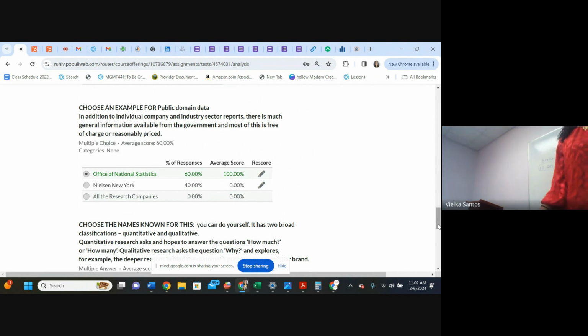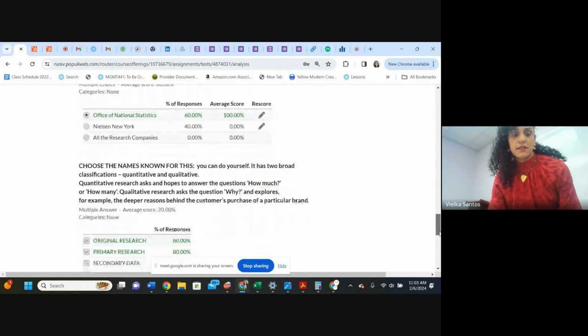That's why I want you to learn this stuff, because you can develop your own business with that. Nielsen is a private company that develops research for certain companies that pay for the project. They have studies that people can purchase, but it's not public, okay? It's not for free, just to say this easily, right?